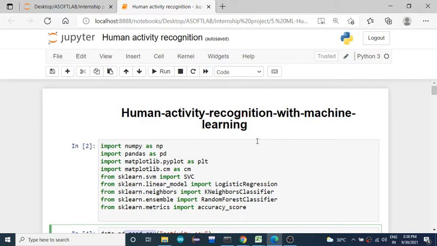Then the next step is to import the libraries. To start with, we just need pandas. Don't worry about all the libraries which I have used here. These are the libraries which are needed in future. By that time, whichever library is needed, just import it there itself.